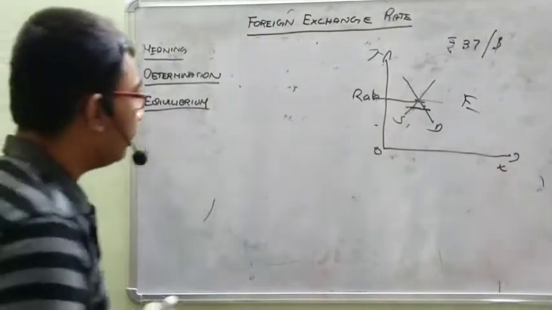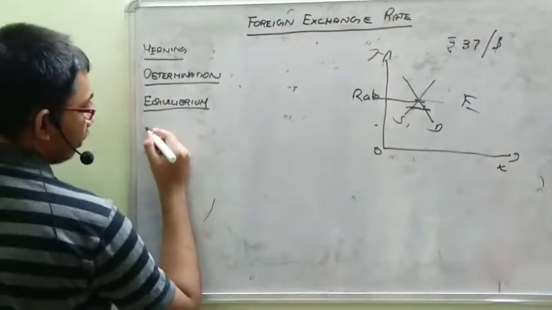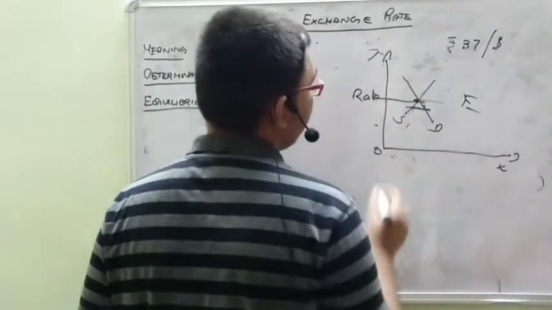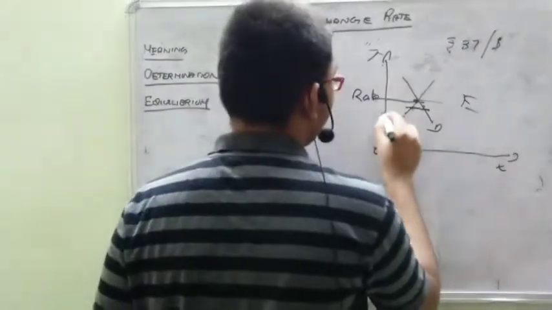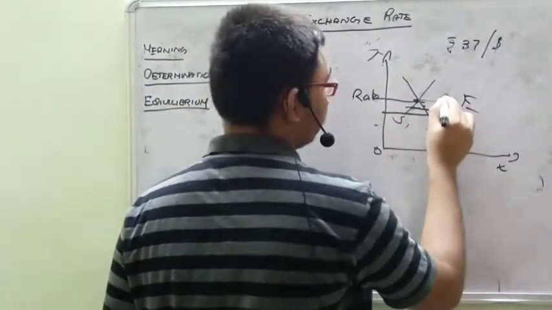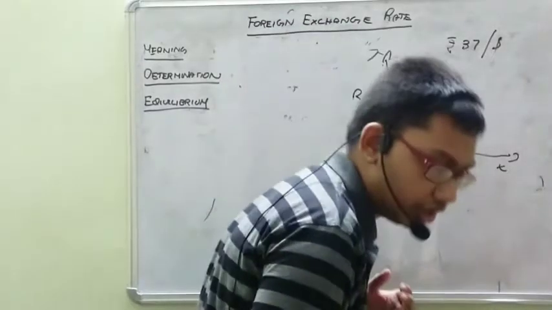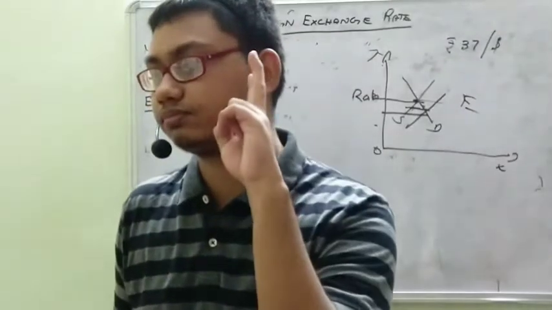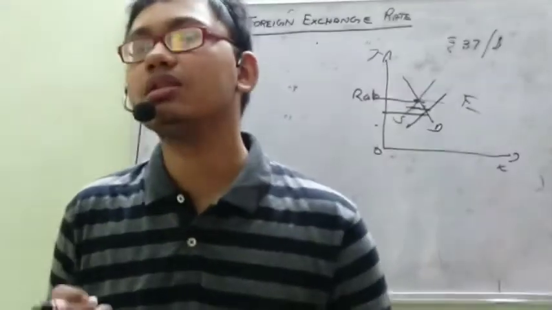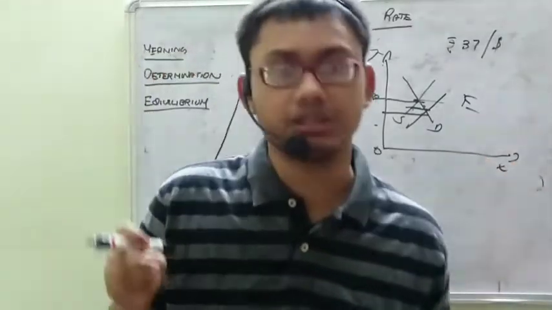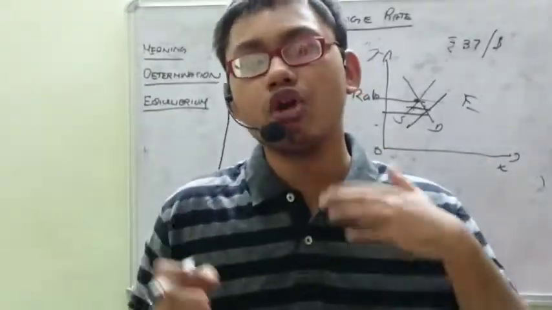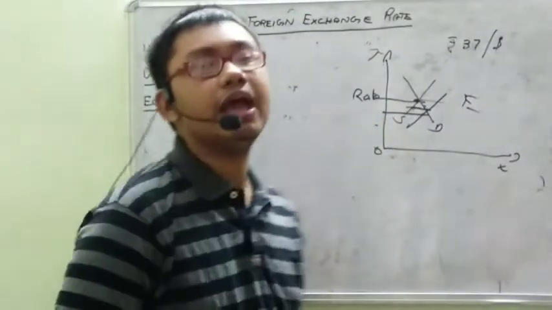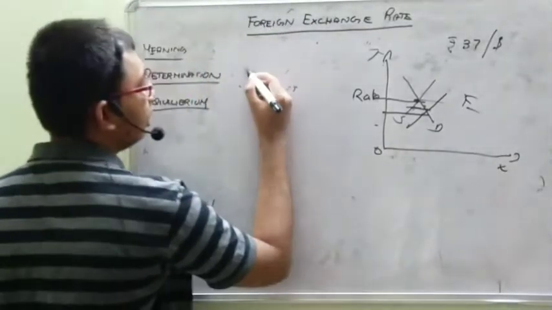Equilibrium, now you know. Then there is depreciation, devaluation. See, initially the rate is here, suppose the rate falls to here, because some supply or demand changes. This can happen in two forms. Either the demand and supply conditions or other factors cause changes in the foreign exchange market and the floating rate is going down. If the floating rate is going down, then it is called depreciation.